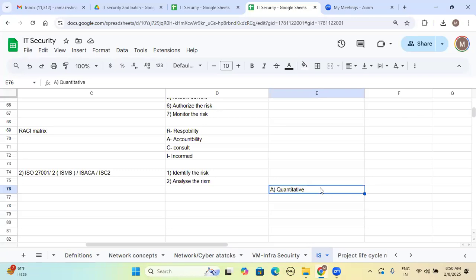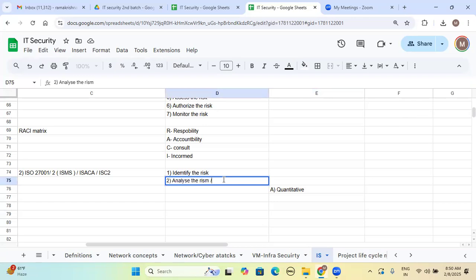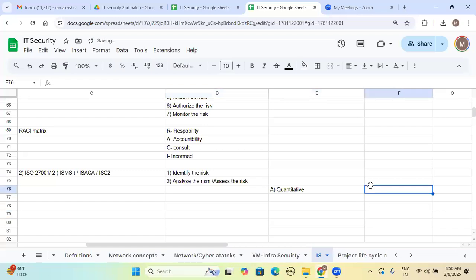That is called quantitative risk assessment or quantitative risk analysis. This analyzing of the risk is also called assessing the risk. So if the risk is involved, how much, quantity-wise, number-wise. So this is in the form of